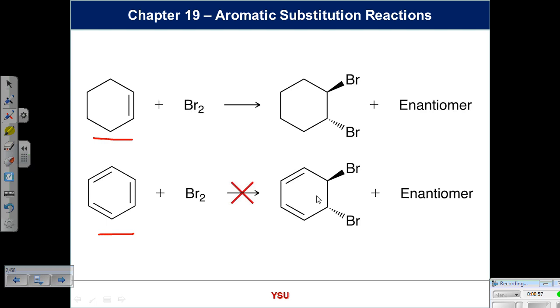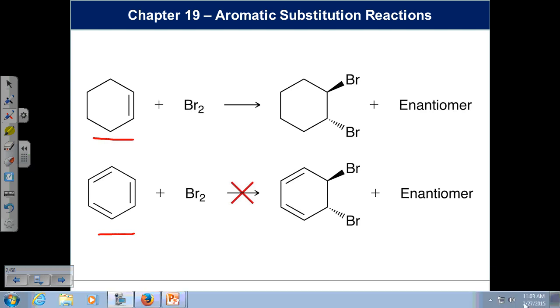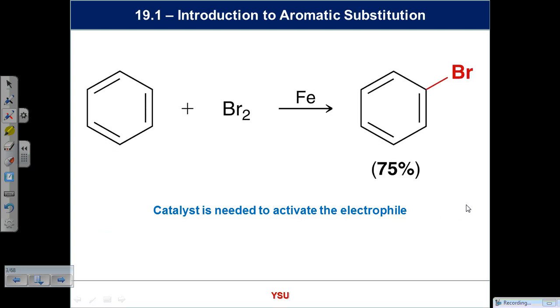And the idea is because it's 6 pi, all the pi electrons live in the stable molecular orbitals, the bonding molecular orbitals, and it doesn't want to react unless you make it. We will persuade it to react, which is the whole point of this chapter, but so far we can differentiate it from simple alkenes by saying that it doesn't do those reactions that alkenes do. What we will do is now brominate, alkylate, acylate, nitrate, and sulfonate. There are 5 typical reactions that everybody learns in this class that benzene is very good at to put the